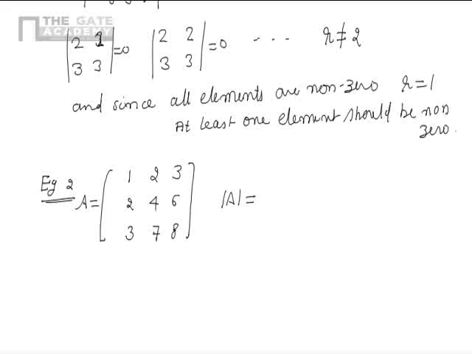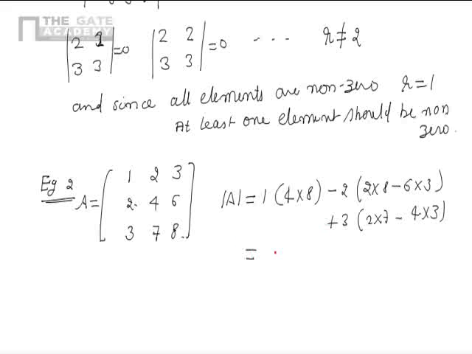So determinant of A is nothing but 1 into 4 into 8 minus 2 times of 2 into 8 minus 6 into 3 plus 3 times of 2 into 7 minus 4 into 3. So I'll be getting